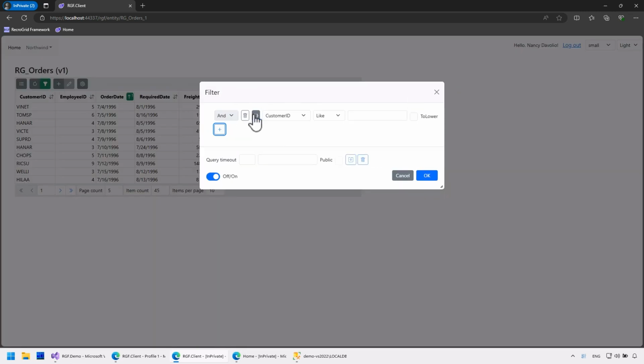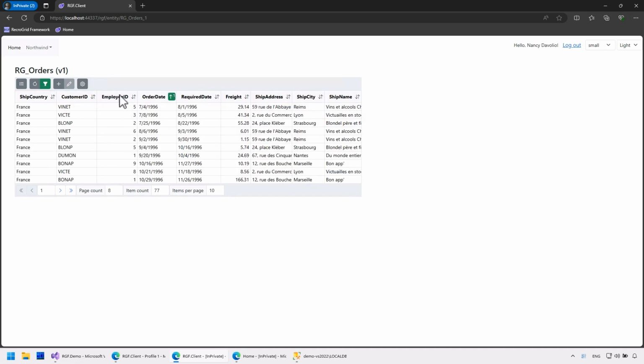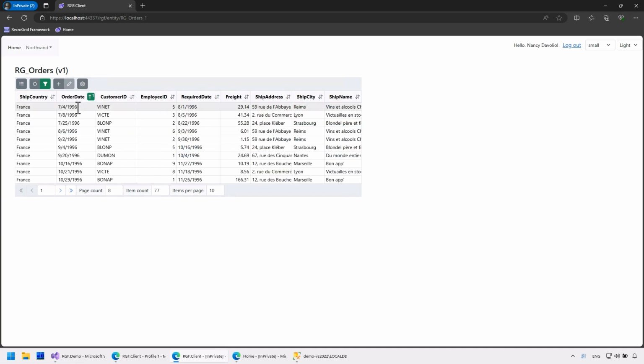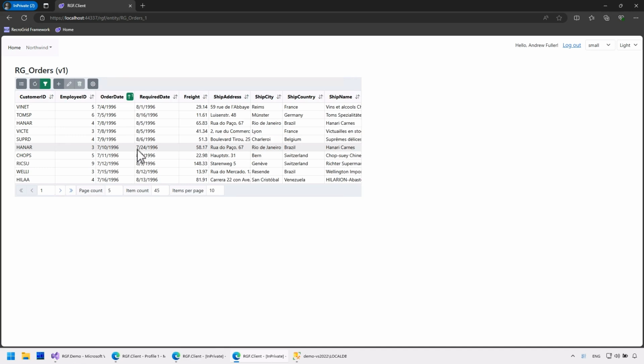I'll save a custom setting with Nancy. If a user saves it, it will only be the default setting for them. Andrew will keep the default setting.